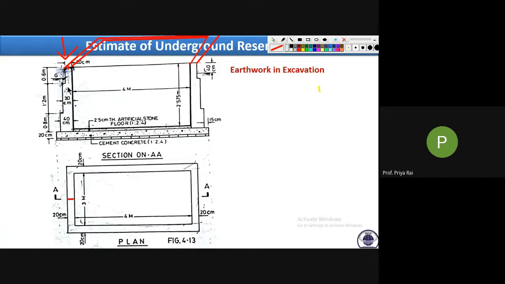So this wall is the projection. If we project a line from here, this is the portion we are looking at here, and this portion we are seeing here. Similarly, if we project the line, then what happens? This is the inner wall and this is the outer wall. So if we do projection, it will look like this. Clear? Is it clear up to here?